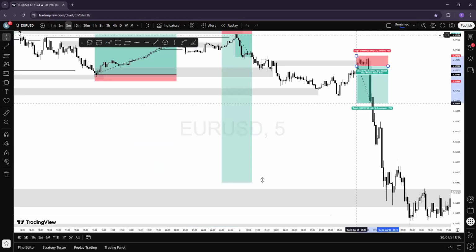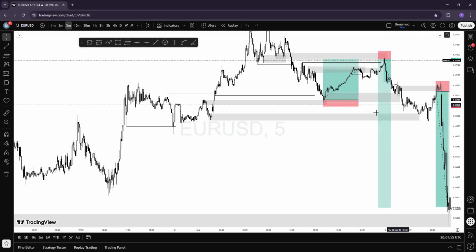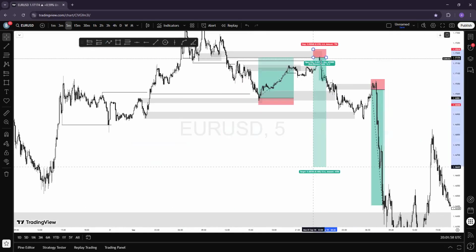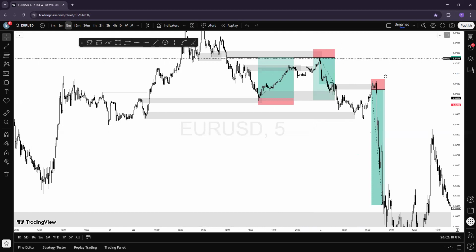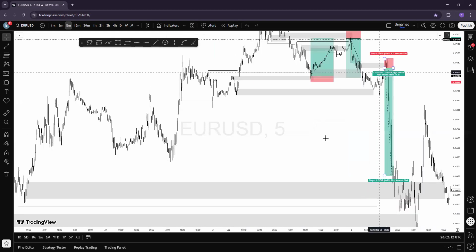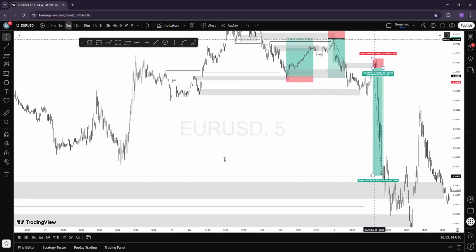You understand? So when scaling up now, let's assume we have these two entries. I can take my first sell here. Can you see it? And then target this nearest liquidity here. Entry number 1, that's like 1:5. Can you see it? And then entry number 2, the market presents another one. I can then decide to target maybe this low, or maybe my 1:5 again, and leave the market.